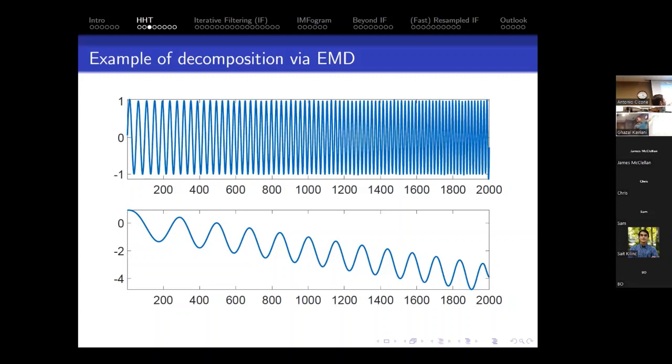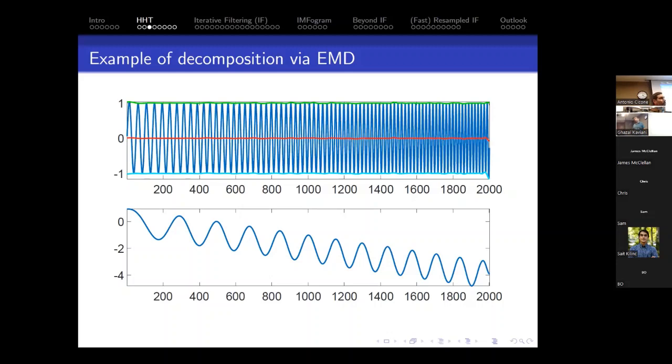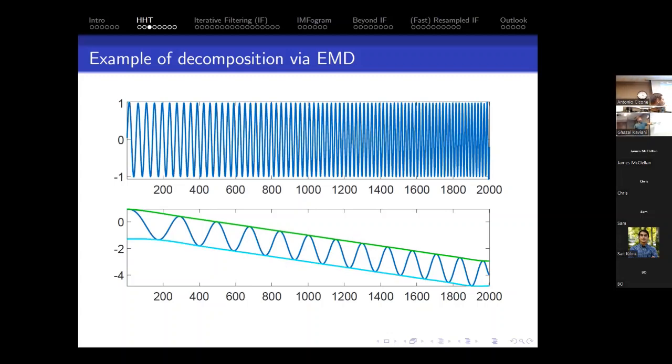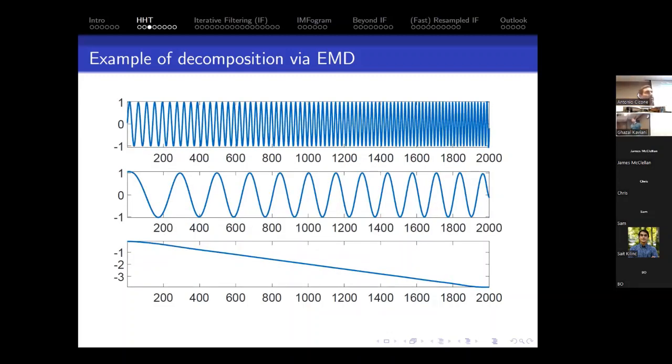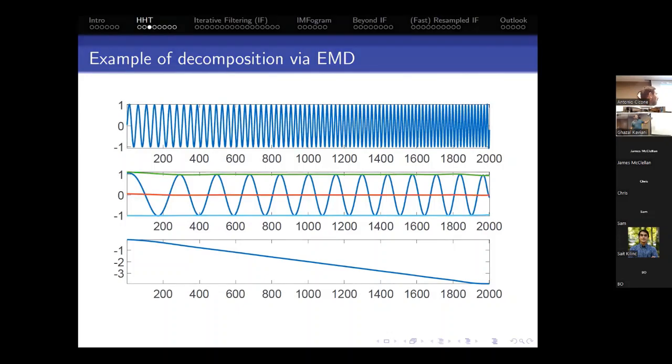So the idea is to apply an iterative scheme on this signal here. We treat it as a signal, reapply the same procedure, and recompute the new moving average. If this moving average is now small enough, let's say in norm 2, then we stop and declare that what we have is an IMF, or we keep on subtracting. Once we are done, that's an IMF, and we can move to the remainder and reapply the procedure from scratch, as if it were a brand new signal. We identify the new moving average, subtract it, and check again iteratively if the moving average is 0.